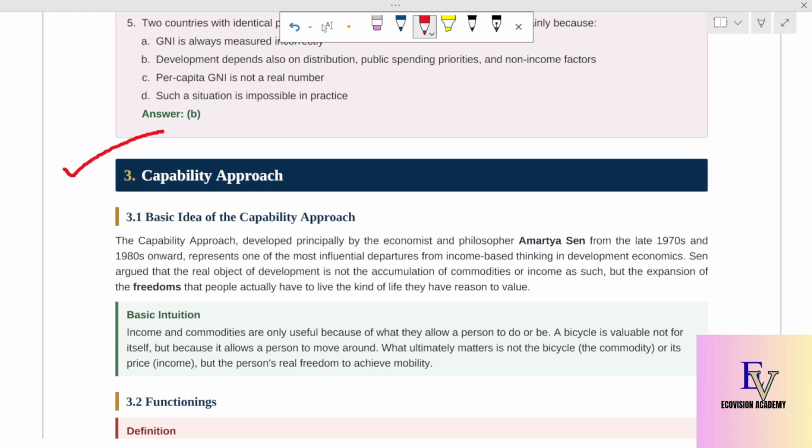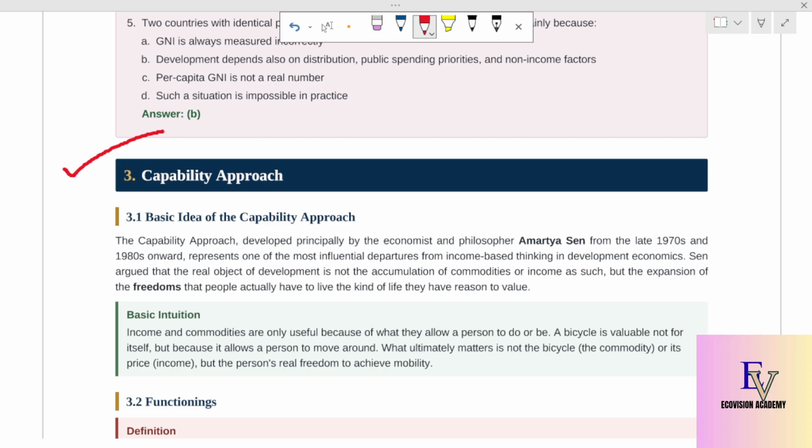This is known as the capability approach. The capability approach is totally different from the income approach. In the income approach, you always talk about what the GDP is, what the GNP is, what the purchasing power parity is, to measure economic development. But the capability approach says that the objective of a country, or of each and every person in the country, is not only to accumulate wealth,